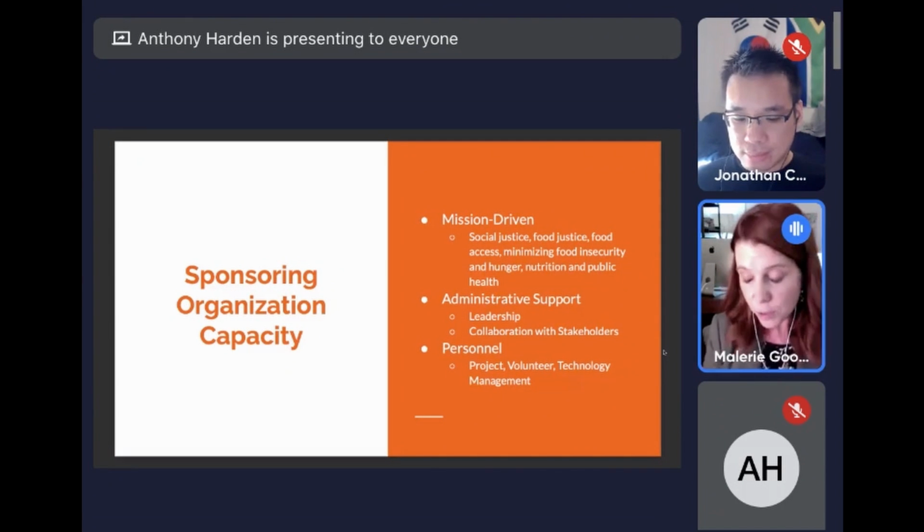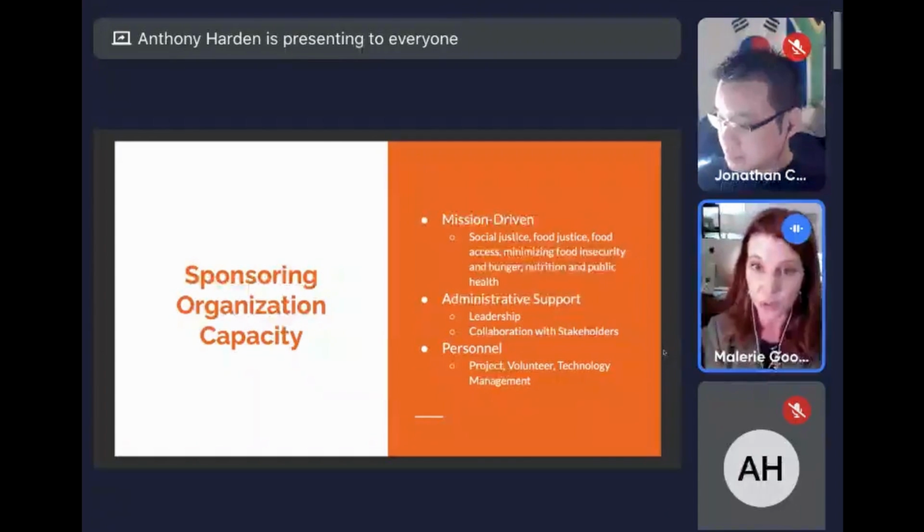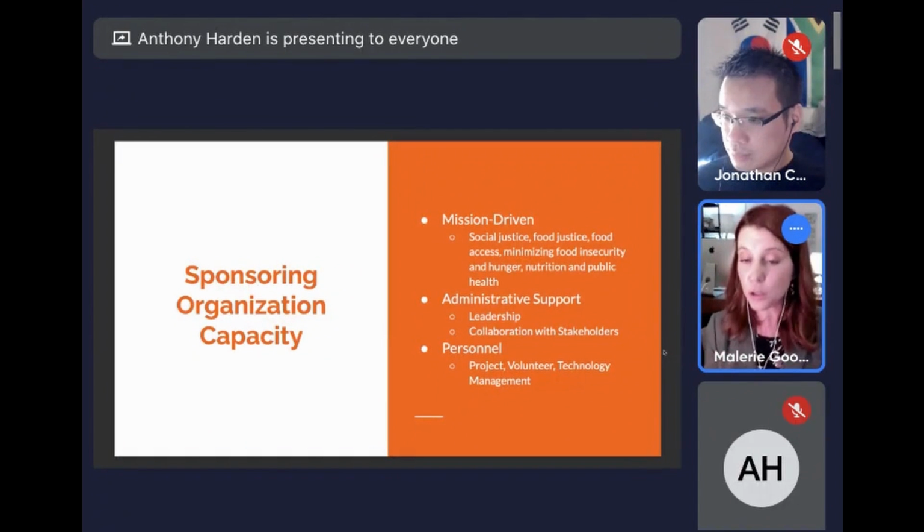So the sponsoring organization capacity is hugely important because this is the organization that's going to essentially be running the guide and setting up the resources that are necessary to make sure that it is sustainable. We have found that it's very important for this organization to be mission driven along the lines of something that's going to value food security, social justice,